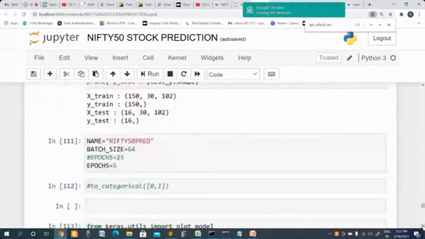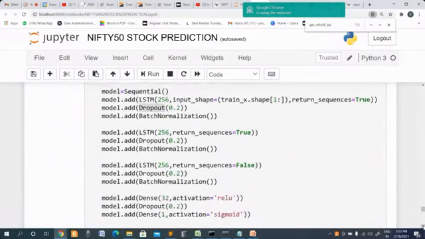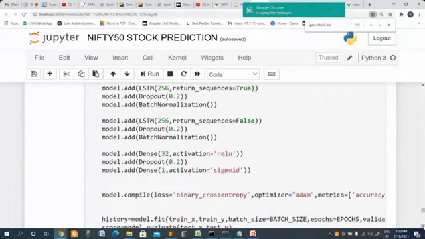And then we are going to use the building model, sequential, adding these libraries, LSTM, and then we are going to pass the data here, and then we are going to use different layers like LSTM, batch normalization, and then we are having 2 and then the third. So it is like stack. We are going to stack various things, and then finally the output, we are going to use the activation function as the sigmoid. Okay, and also in some of the layers we are going to use the activation of the ReLU.